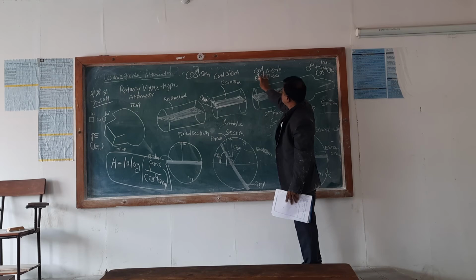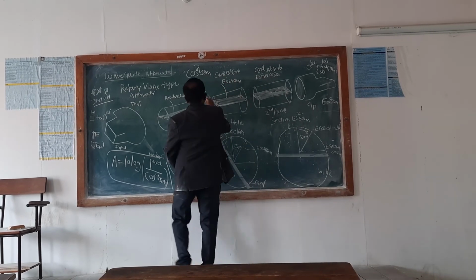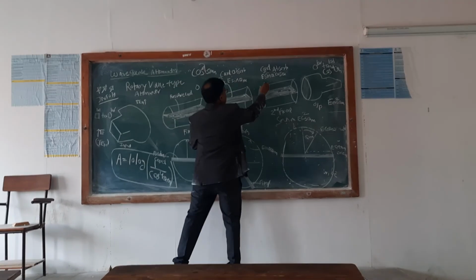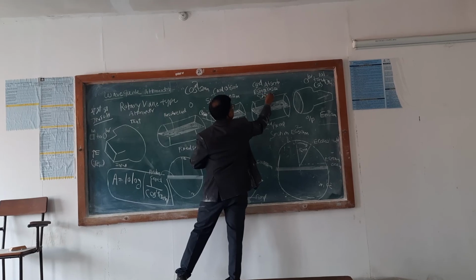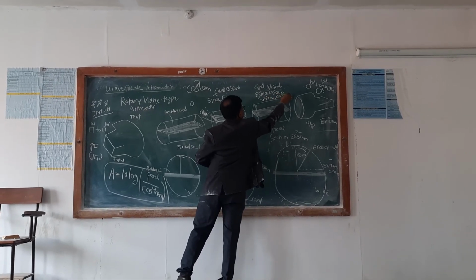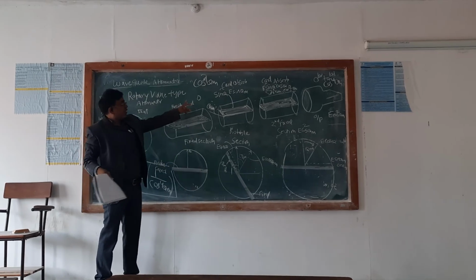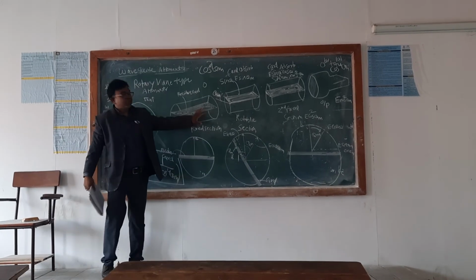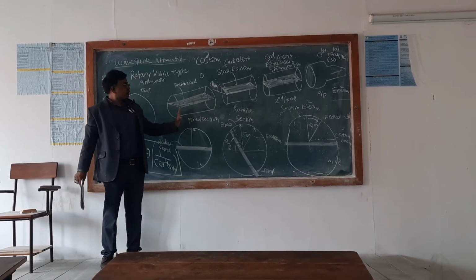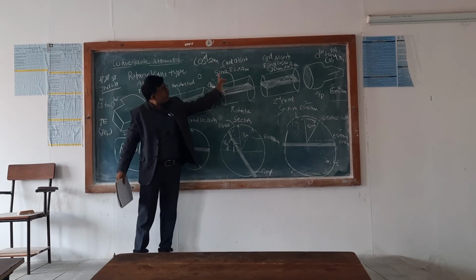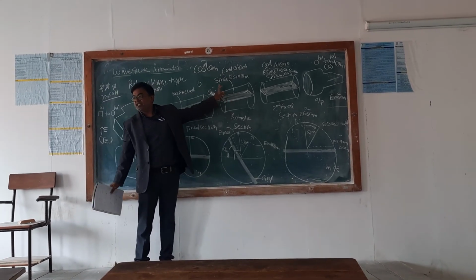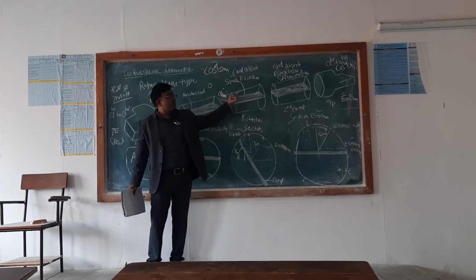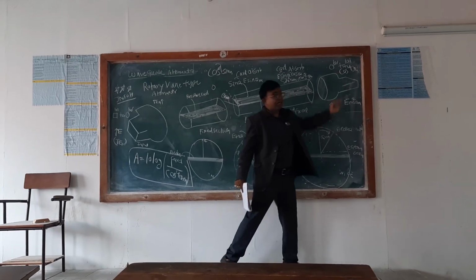This is the loss, and here the loss is 0. Here the loss is sin square theta m. Here the loss is sin square theta m into cos square theta m. These are the losses. Losses are proportional to the square of the output. Here there is no output because there is no absorption. Here only E sin theta m is absorbed, so E sin theta m, that whole square, will be the absorption.